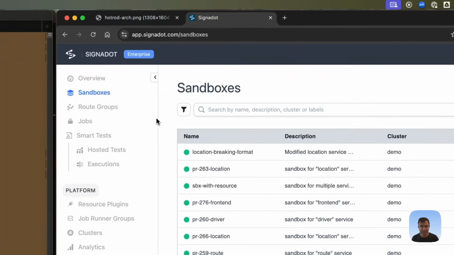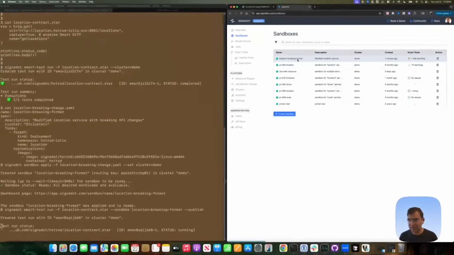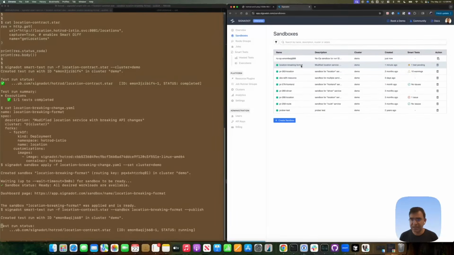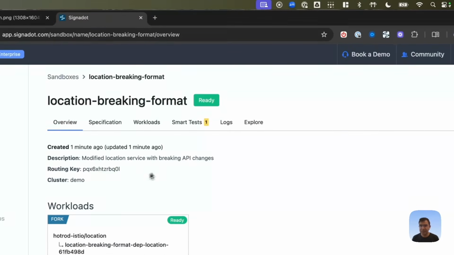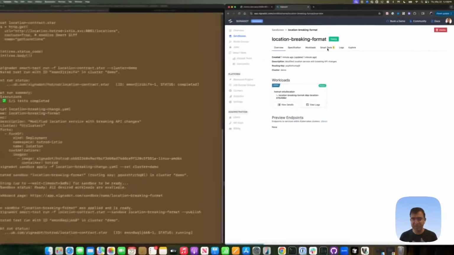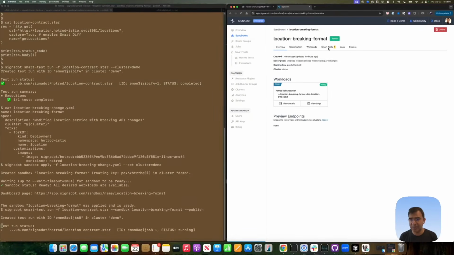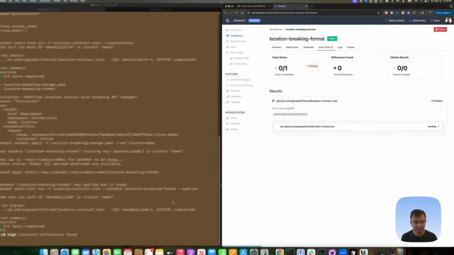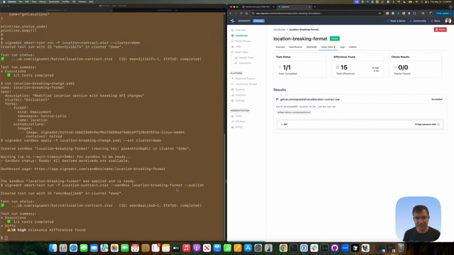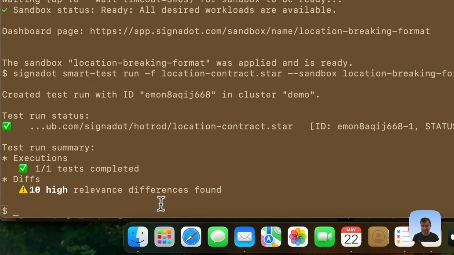Until then, here we can see the sandbox being created, which is the location breaking format that we see here. And you can see there are some intermediate sandboxes being created to be able to run the tests as well. And then we'll see the results published into the Smart Test tab within the sandbox details page in the dashboard. There you go. The Smart Test has run, and you can see that it has detected 10 high relevancy